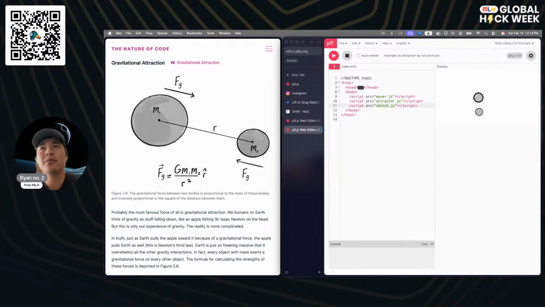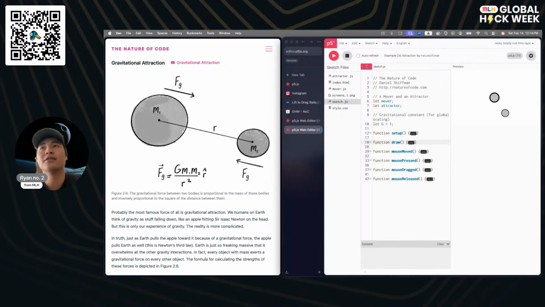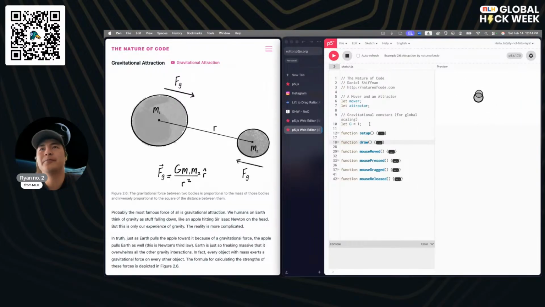So if we pop over to sketch.js, this is the one that is most relevant for us. Usually, we only have two functions, setup and draw. Setup is a function that runs once at the very beginning, and draw is a function that runs every frame of the animation, or every frame that the computer is running.